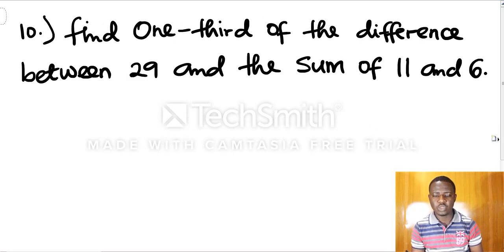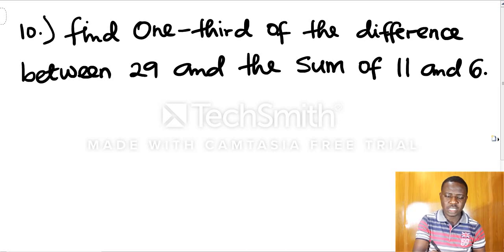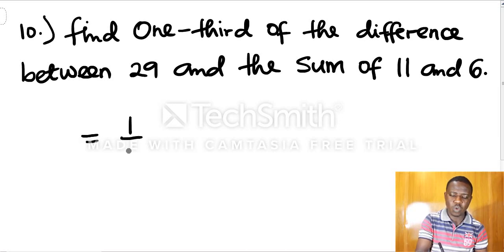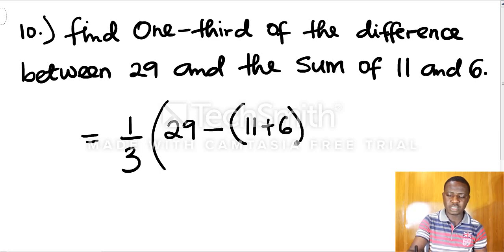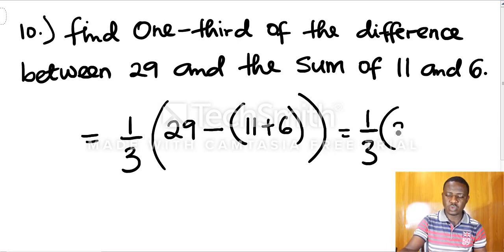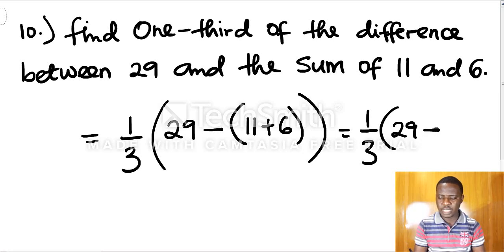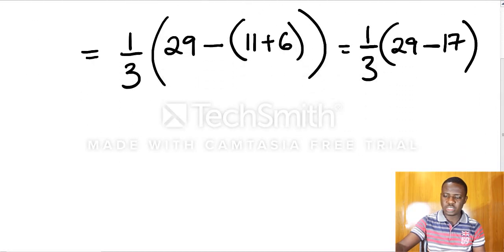Question 10 says you should find 1/3 of the difference between 29 and the sum of 11 and 6. This can be expressed as 1/3 into bracket 29 minus the sum of 11 and 6. So this is equal to 1/3 into 29 minus, 11 plus 6 is 17. So this is equal to